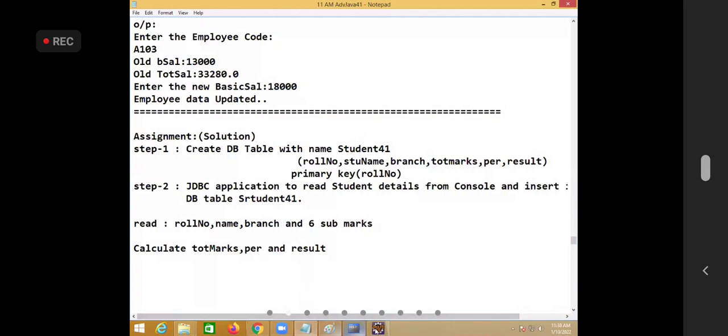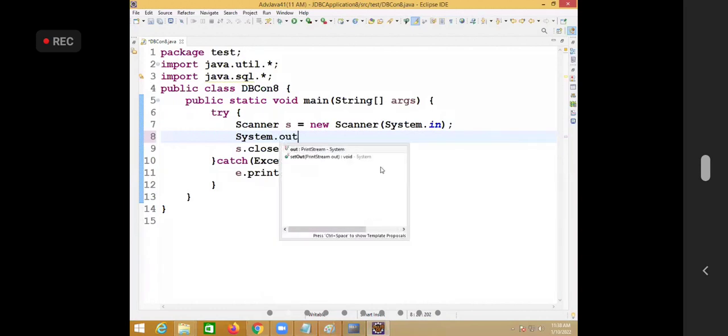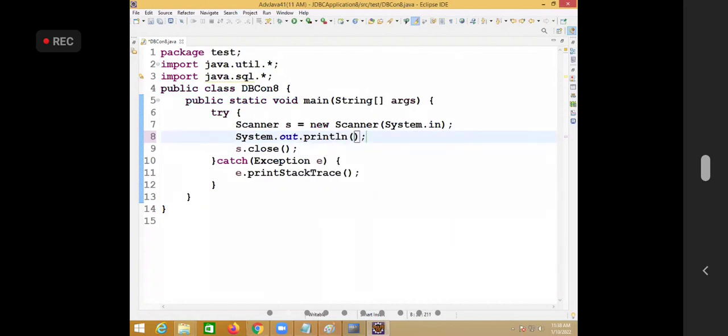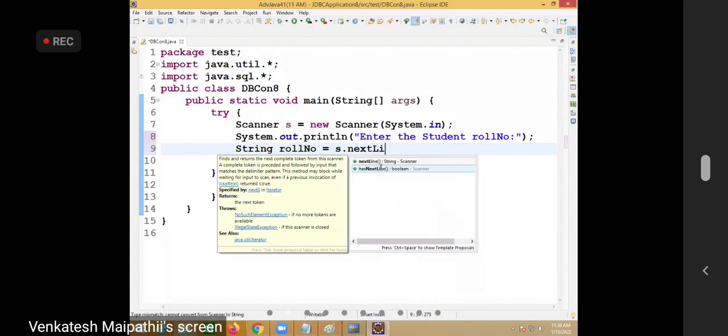System.out.println, enter the student roll number. String roll number is equal to s dot next line.